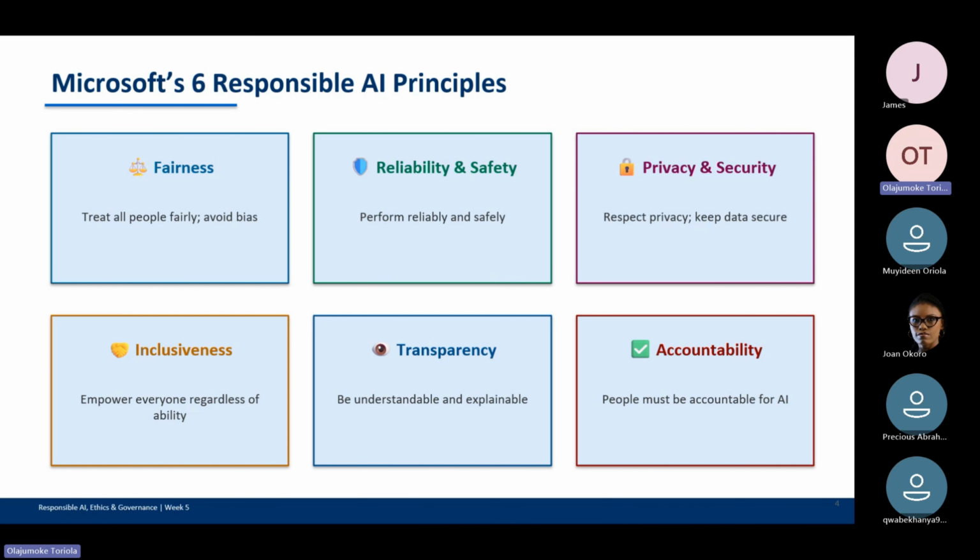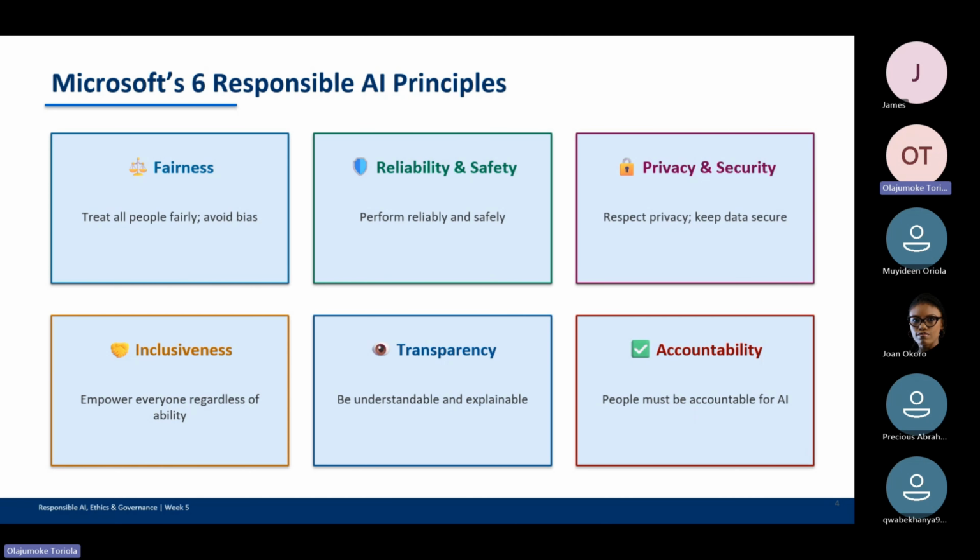I tell people, accountability, that is, people must be accountable for AI. And that's the truth. A lot of times we think that because we're using AI, there is no place for a human to come in. In fact, in all of the responsible AI principles, all of this still hinges upon the human. And a lot of times when you hear people ask, if anything goes wrong, should the AI or the human be blamed? It is actually the human, because the instruction you give to AI is what it does. And again, AI doesn't just execute, it waits for your go-ahead. When you are aligned is when it can execute. So that's why accountability goes a lot with the human.